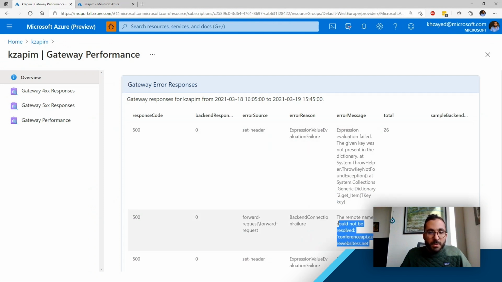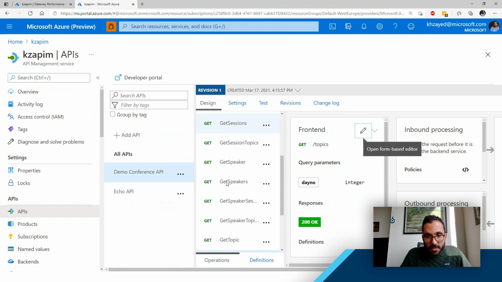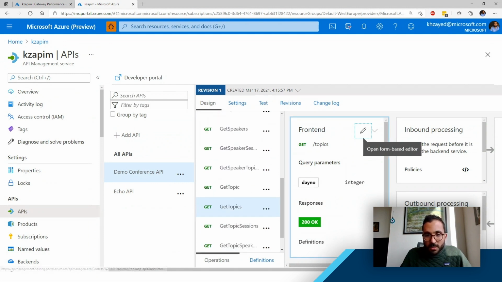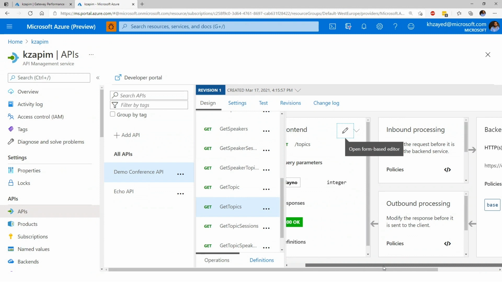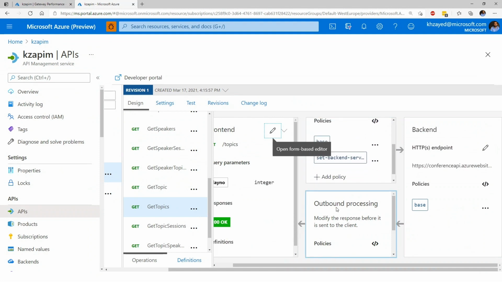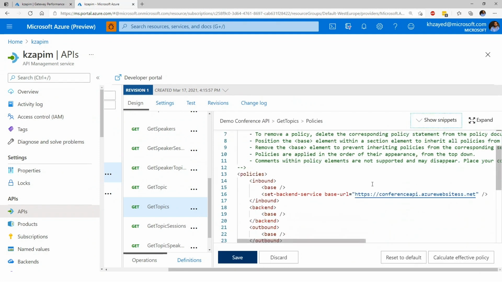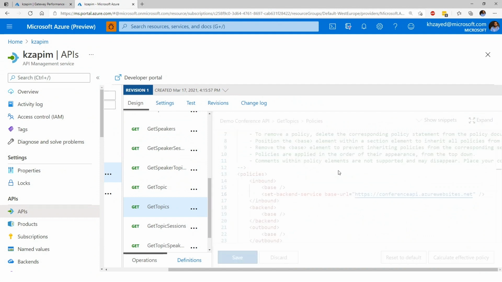So it looks like I misconfigured my policy. I have in another tab my APIs open, and I'm in the conference APIs. If I go to my get topics, and let's go to the policies that I have, and here I have a set backend service. If I click on it, it looks like I actually mistyped this. So if I just fix this and click on save,